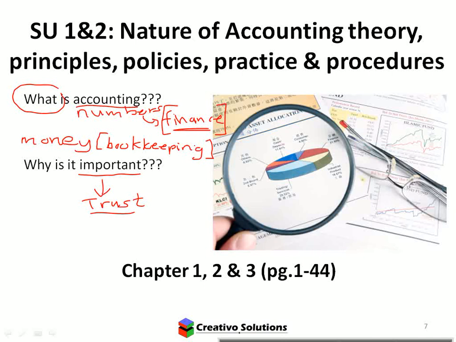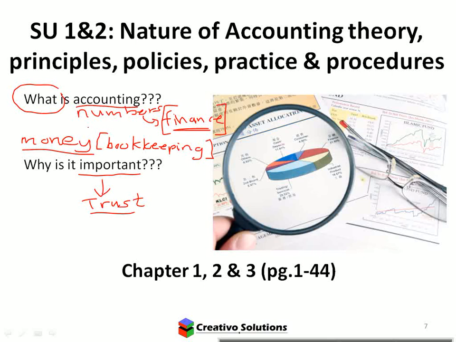Right, even as an individual, managing your finance would be a form of accounting. Right, you account for your expenses on a month-to-month basis. Okay, we call that a budget. So as an individual, you might have a budget, and that deals with money. And if you had to account for your income and your expenses, you're basically doing that process, but for an individual, not for a business.